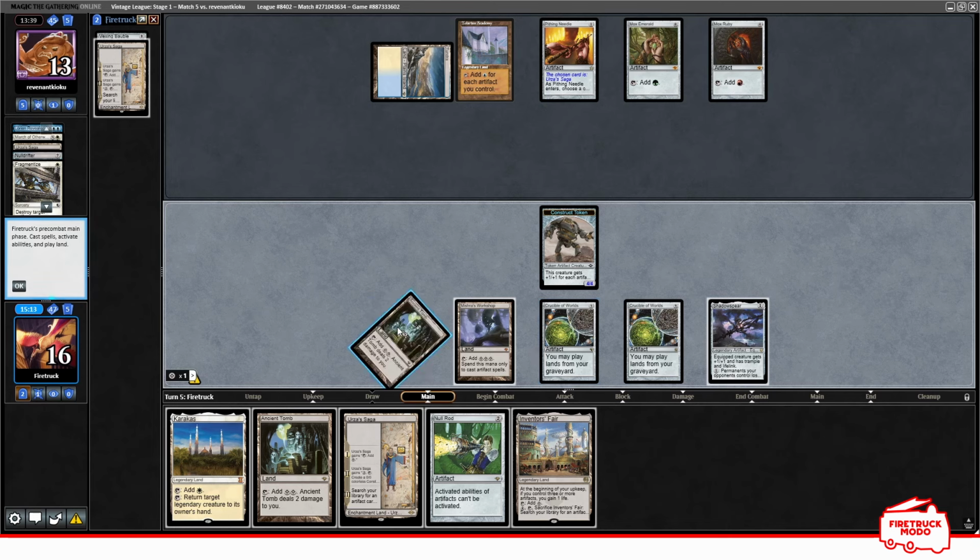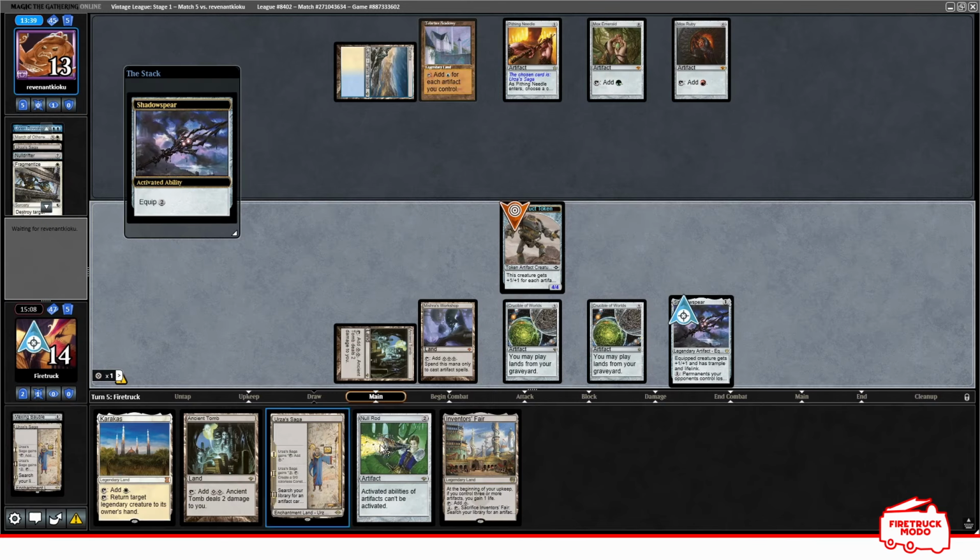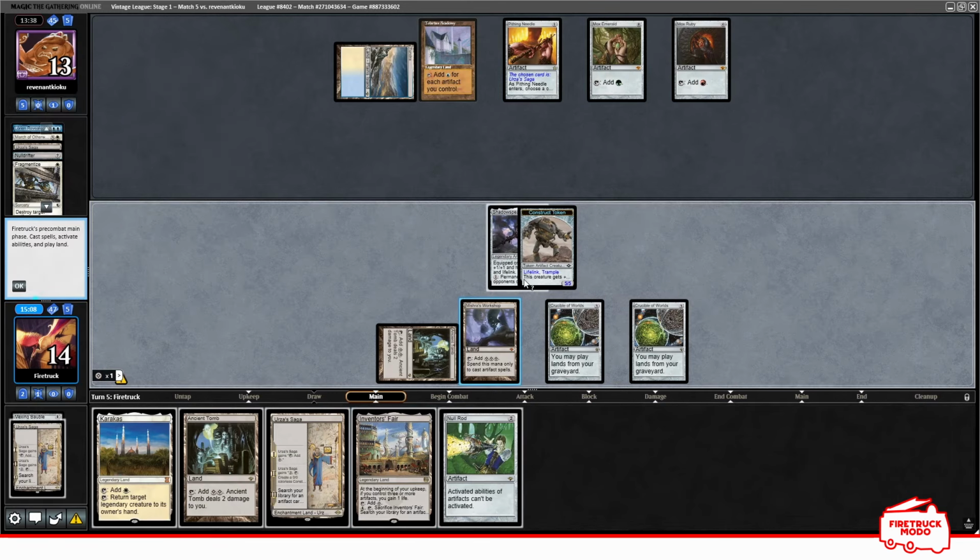I'd like to equip my Shadow Spear. This could have elicited a Dress Down out of the opponent, but the opponent now can't dress us down. They've got 5 cards in hand. I've only got lands to play, right? So